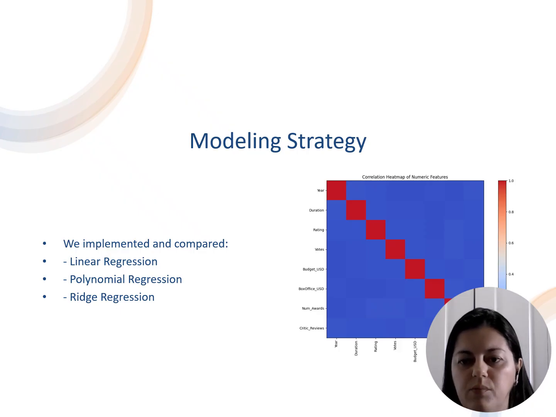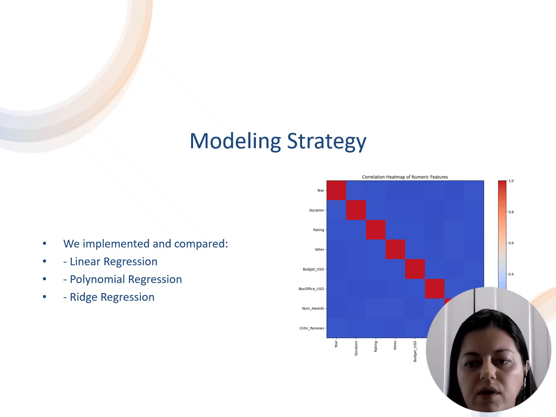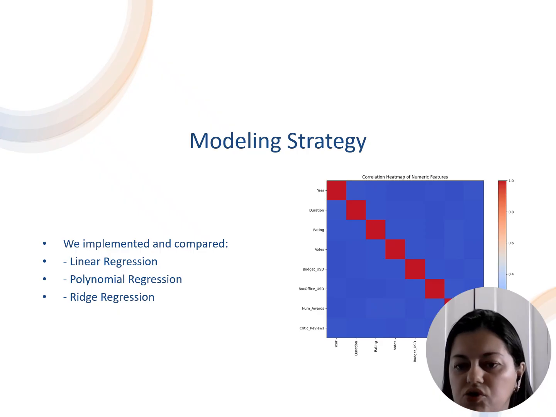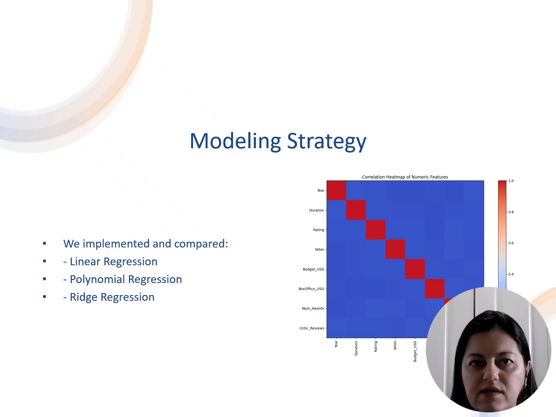To evaluate performance, I used metrics like R squared and mean squared error. For the ridge model, I also used grid search CV to find the optimal value for the regularization parameter alpha. All these steps allowed me to compare performance and choose the best modeling approach for this dataset.